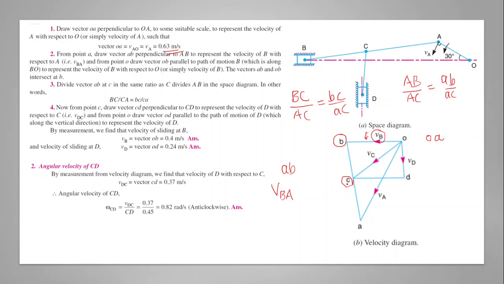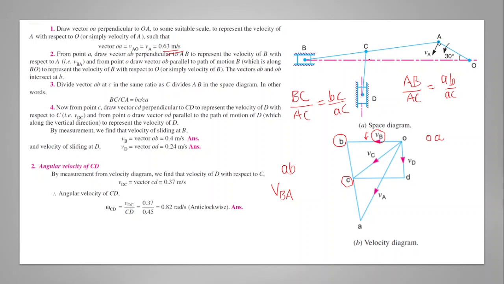Then after finding out this point c, we can locate the small letter d by drawing the velocity of D with respect to O. That means absolute velocity of D, that slider, is again in a constrained motion, so that velocity must be vertical in direction, and that must be passing through point O. The velocity of D with respect to O must be passing through O. Then we can draw that line of action, that will become like this in the vertical direction. Then we can't fix the point d.